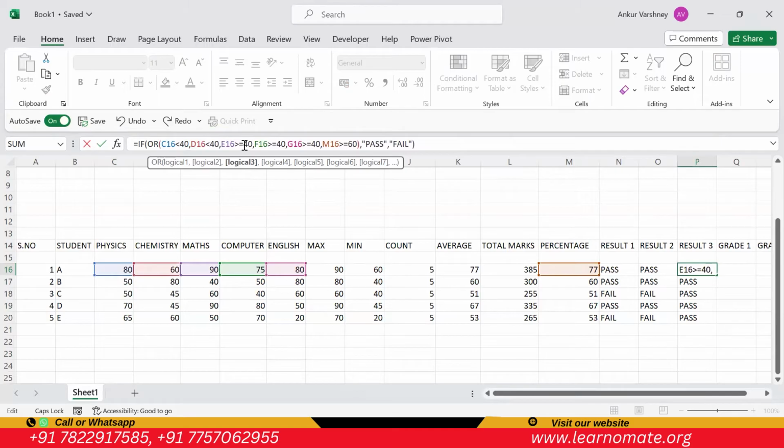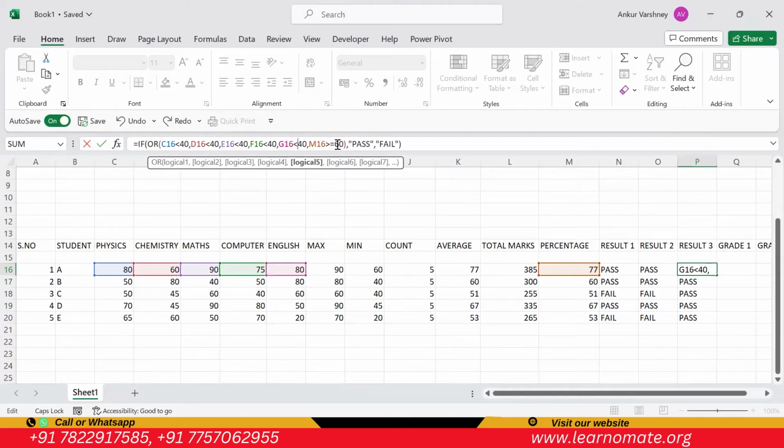Yes. And maths marks, same, less than 40, he is fail. Then computer marks less than 40, he will fail. And the English marks, right? If you are getting less than 40 in any of the subjects,